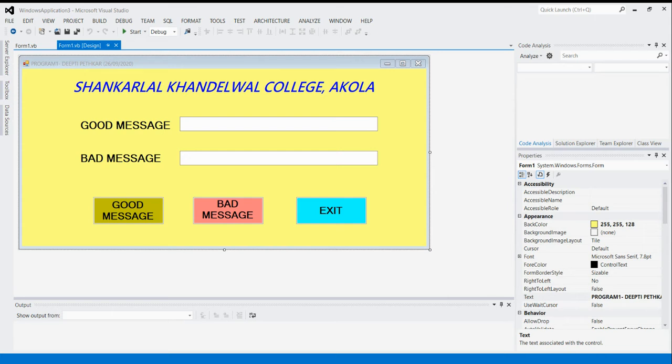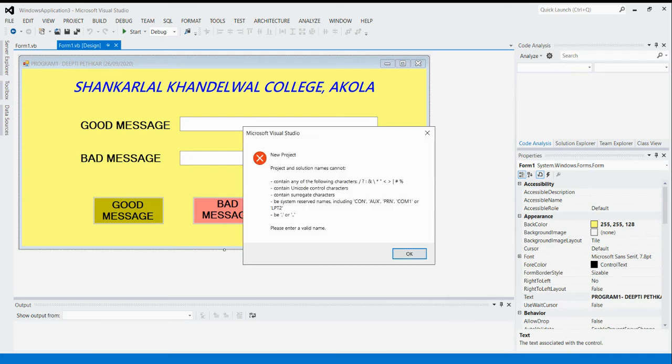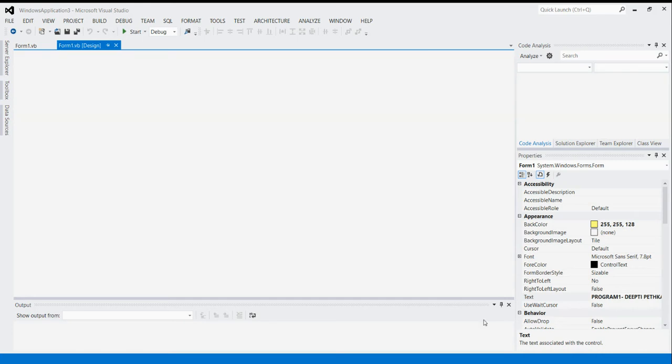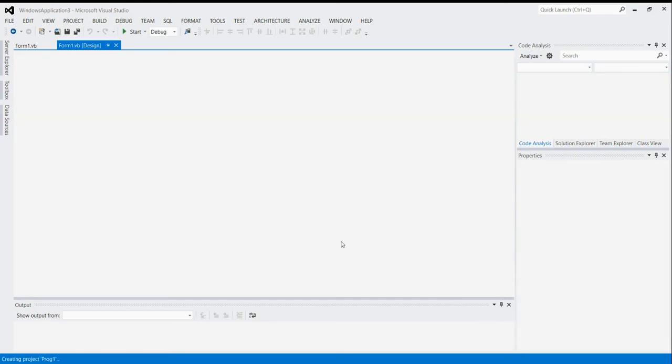So I must change it into GoodBadMessage. I have written this name without giving any space in it. According to this, I am now going to create this particular window. I must say program 1 is the project of this name. So here you will see in this particular case